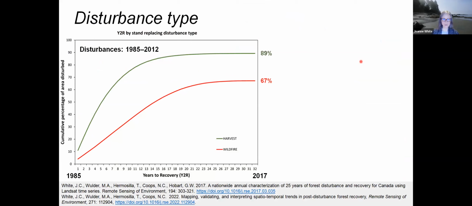This graph is showing all disturbances that occurred between 1985 and 2012. And on the x-axis here, we have that years to recovery metric. So just to remind you, that's the number of years it takes for a pixel to return to 80% of its pre-disturbance value. And what we can see here is that harvested areas by the end of the time series, 89% of areas impacted by harvesting had spectrally recovered, whereas only 67% of areas impacted by wildfire had spectrally